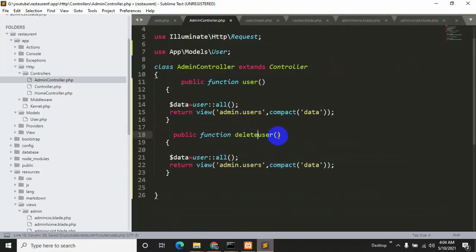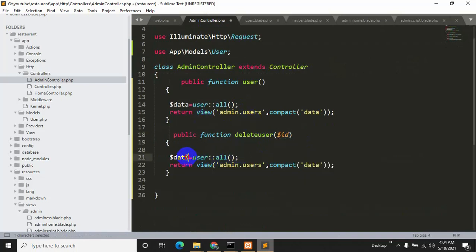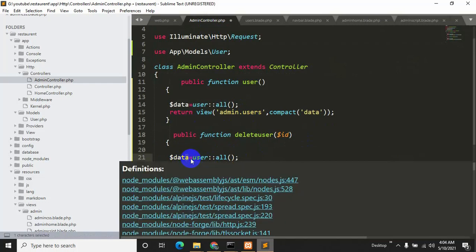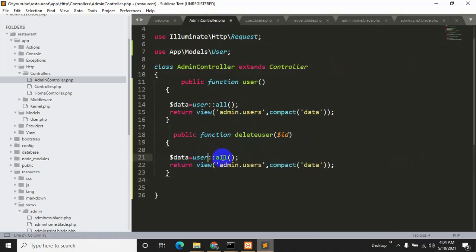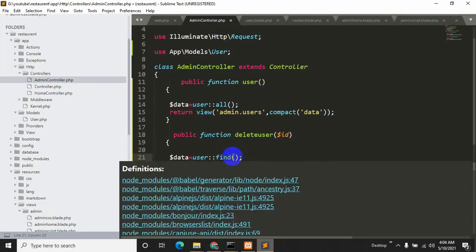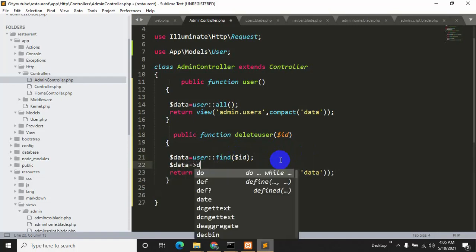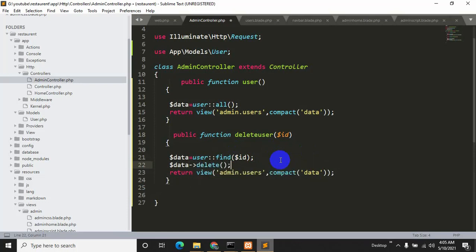Okay, now we will go to the admin controller, and we'll add the $id over here, and we also need to declare a variable which is $data user, and instead of all we'll say over here User::find, and inside it we'll say $id, and then we'll say $data delete.